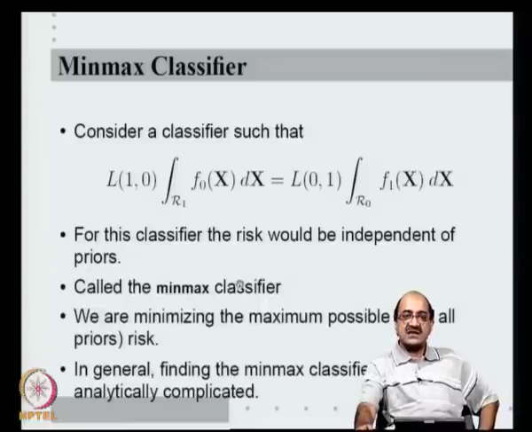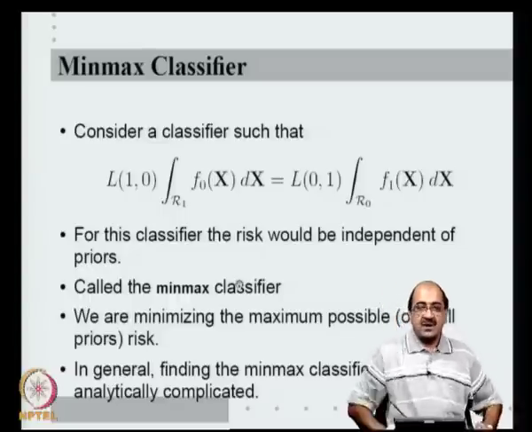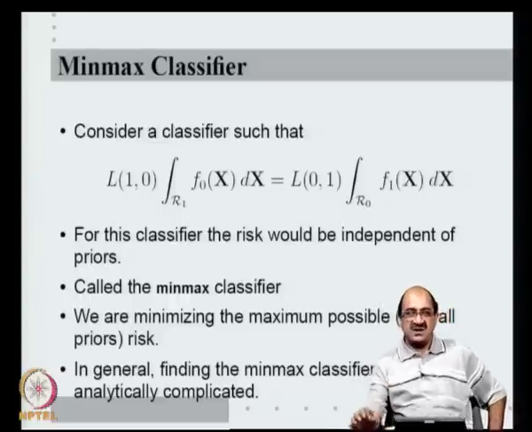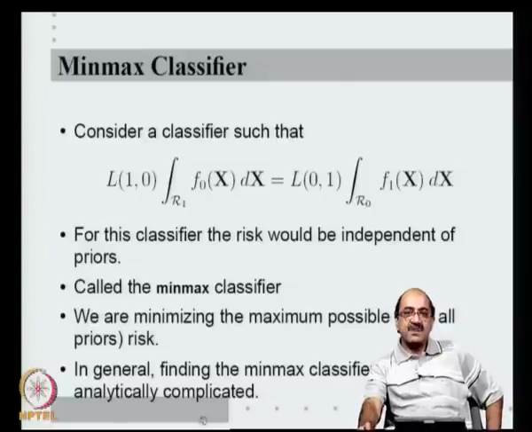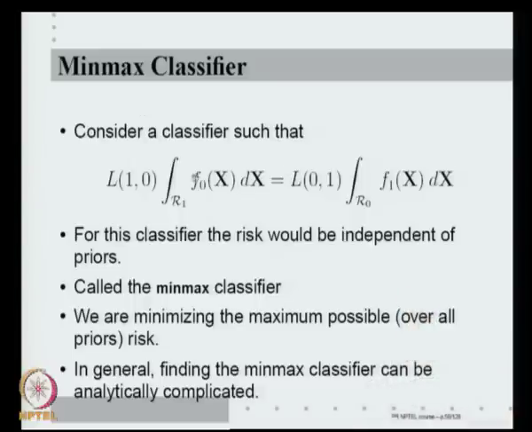So, this classifier is known as the min-max classifier, because it is easy enough to see that we are minimizing the maximum possible risk over all possible priors, because we are cancelling out the prior dependence in the risk. So, we are budgeting for the maximum possible risk, where the maximum is over all possible priors for the same class-conditional densities. Of course, finding analytically a classifier that satisfies this expression is not easy. In general, finding min-max classifiers is an analytically complicated issue, but the purpose of mentioning the min-max classifier here is just